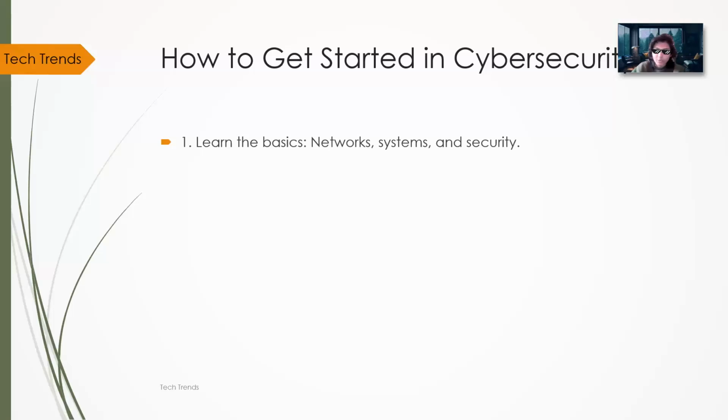One, learn the basics. What is cybersecurity? What are the systems? What are the kinds of cyber attacks? And see what you are interested in. And then from there, get a certification. These are the basic certifications: CompTIA Security Plus, and then CEH, and CISSP is a huge big one. So if you want to be a CISO, like the Chief Information Security Officer, then you can do the CISSP. And this certification also has a prerequisite of like 5 years experience in a certain domain, and so it gets into the nitty-gritty of it.